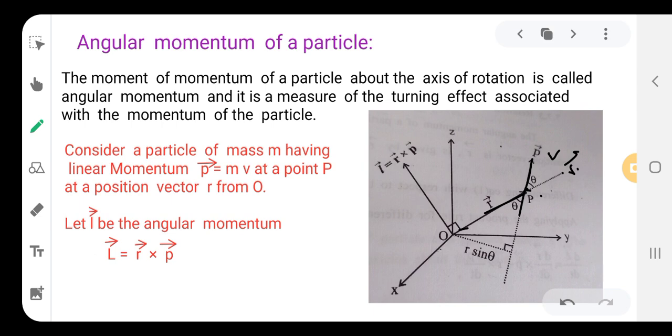So it is similar to the right hand rule. Here there are two vectors, r and p. Now the third one should be in this direction, right? But as it is a rotational effect, the third one will be in the other coordinate. That is, if two forces are acting on a body, the third force or its resultant will be in the other part. So that is the screw rule. We have seen the screw rule.